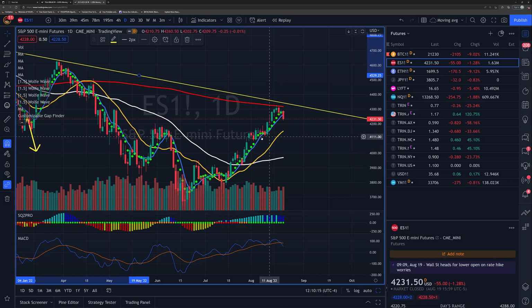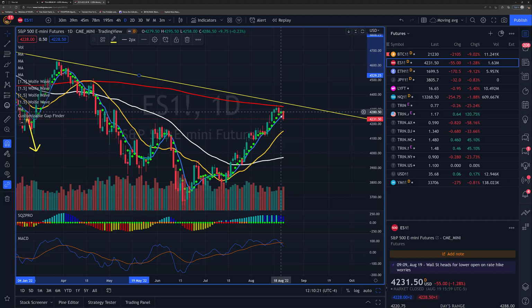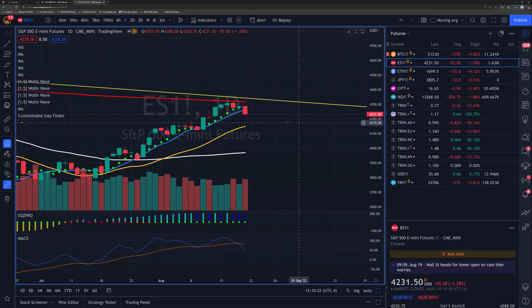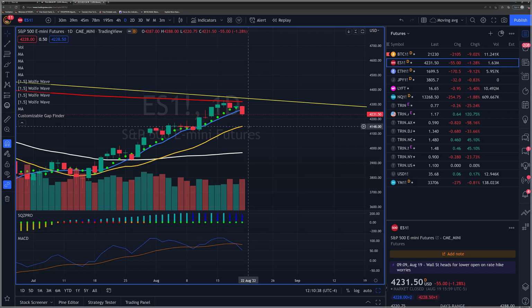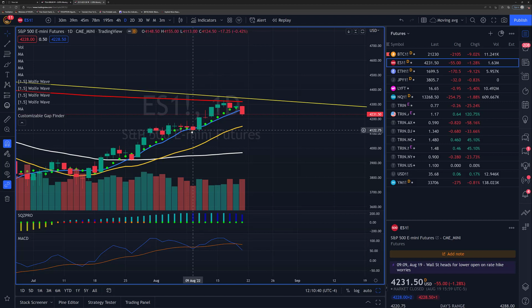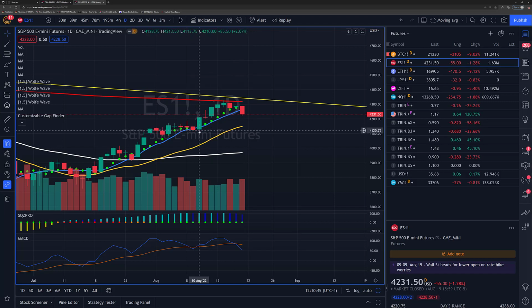Now, technically speaking, the S&P is still in a bear market because it's trading under the 200-day moving average. It's had an amazing rally up to that point, and on Friday it actually broke through the 6 and the 8, now opening up a possible move down to the 21-day moving average, which would be an ET strategy that we use. Our last ET strategy attempt was on August 9th, and that didn't work out,